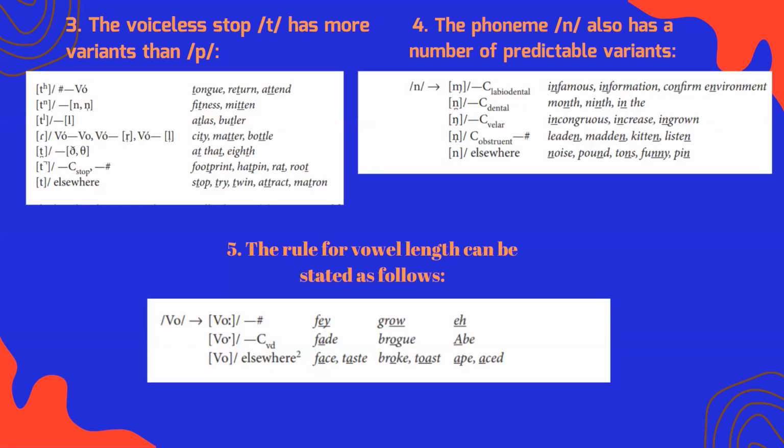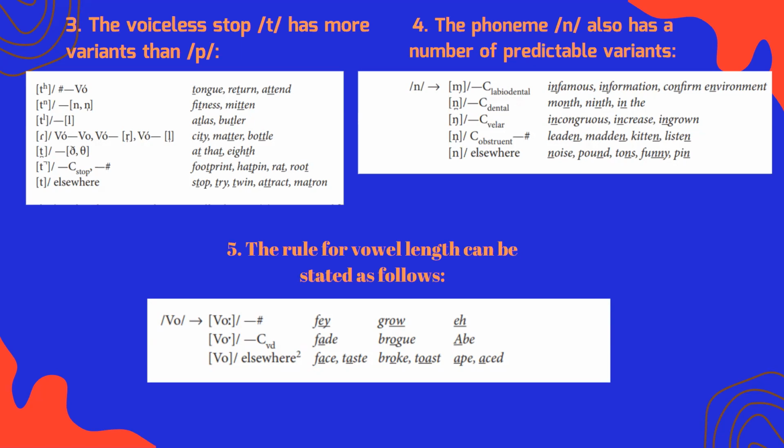And the third one is the voiceless stop T has more variants than P. Tank, return, attempt, fitness, atlas, footprint, stop, try, twin, you can see. And the fourth, the phoneme N also has a number of predictable variants. You can see in famous, inflammation, confirm, environment, noise, tones, funny, ping,